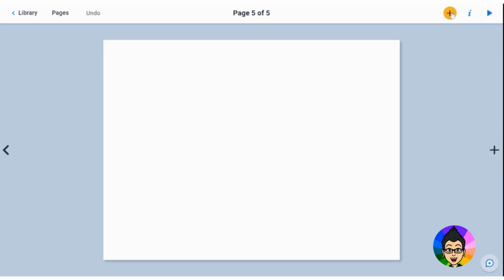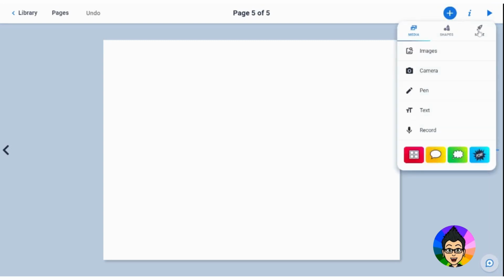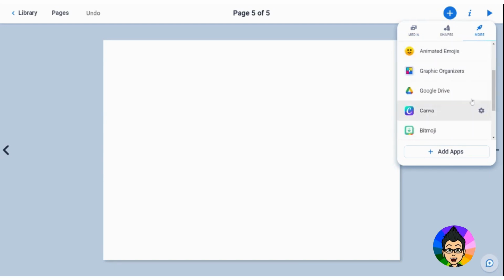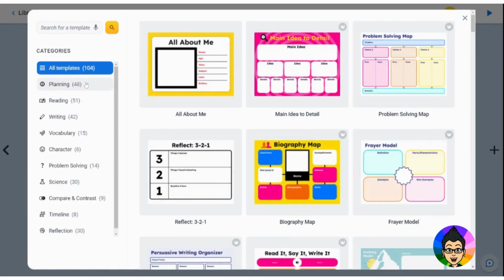Let's take a look at my new favorite thing that is an update available now in Book Creator. So we're going to go to that more. We turned on graphic organizers. And again, we turned it on for all of the books in all of the libraries. You can choose which libraries you want to have access to if you want, but this is going to be your new favorite thing. If I click on graphic organizers, it pulls up this